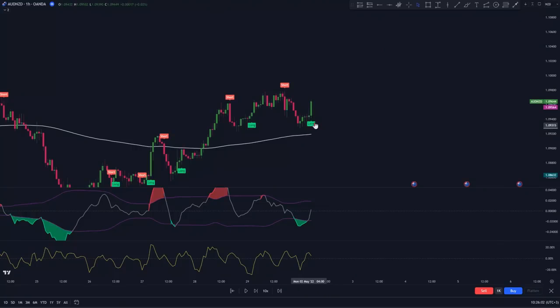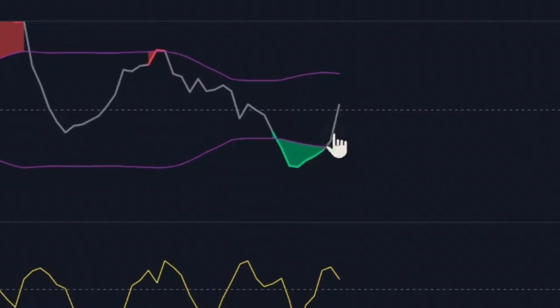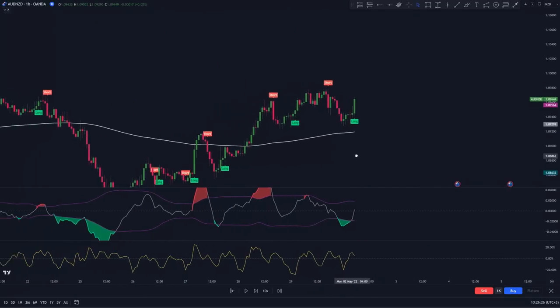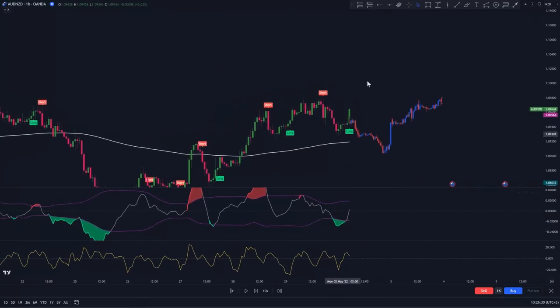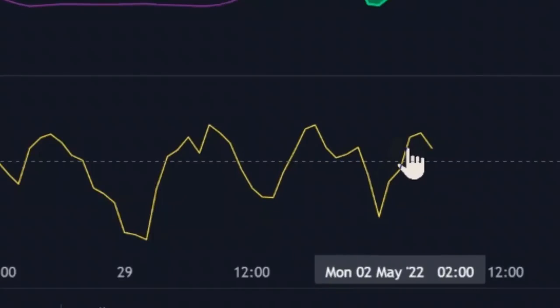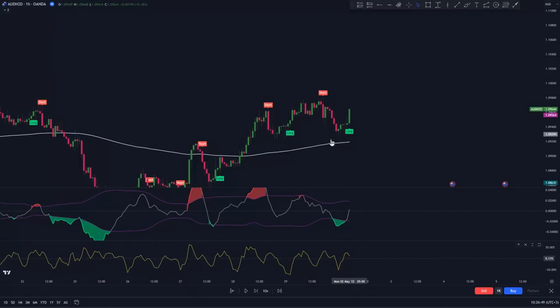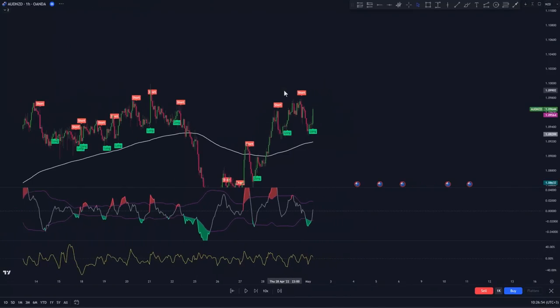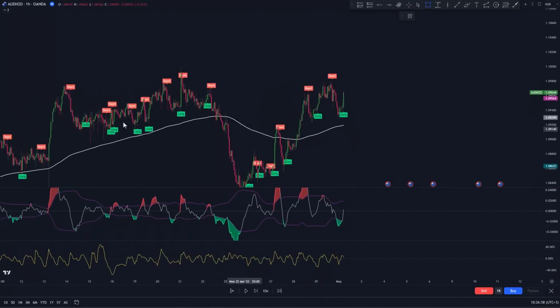At the time the buy signal is printed, the ALMA band of the Tradingview indicator should be colored gray. If it's colored red, like here, we'll have to skip that setup. After that, we need to confirm that there is enough volume in the market to push the price in the direction of our trade. To do that, we just make sure that this yellow volume oscillator is above the zero line. Then last but not least, as an additional confirmation, if we draw a support resistance level right here,